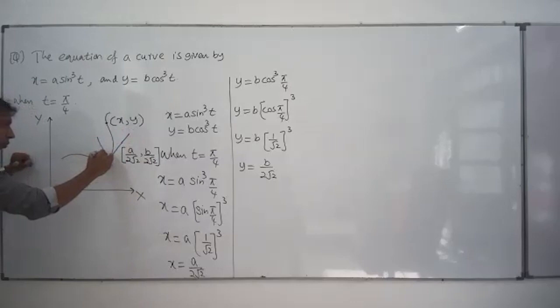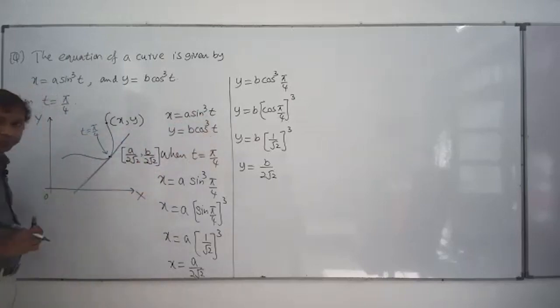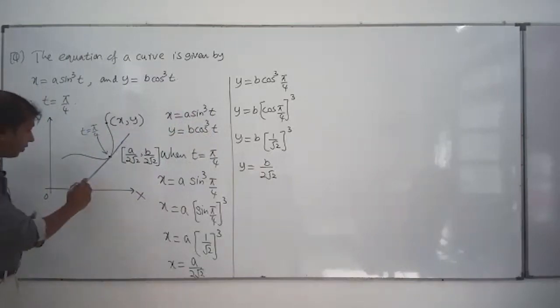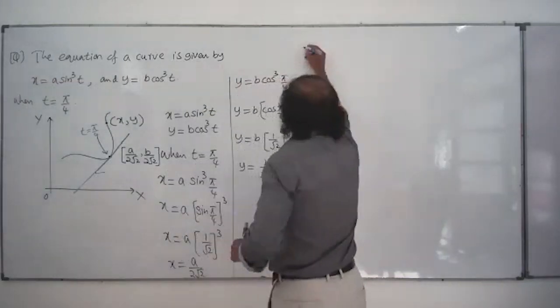This point corresponds to the parameter value t equals pi by 4. When you put t equals pi by 4 here and here, we get the coordinates like this. Now the equation of this tangent we need to find. That equation we can find, people,